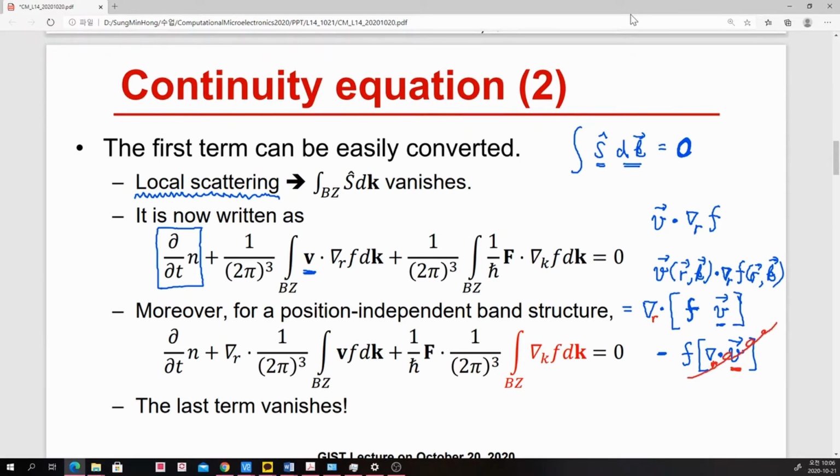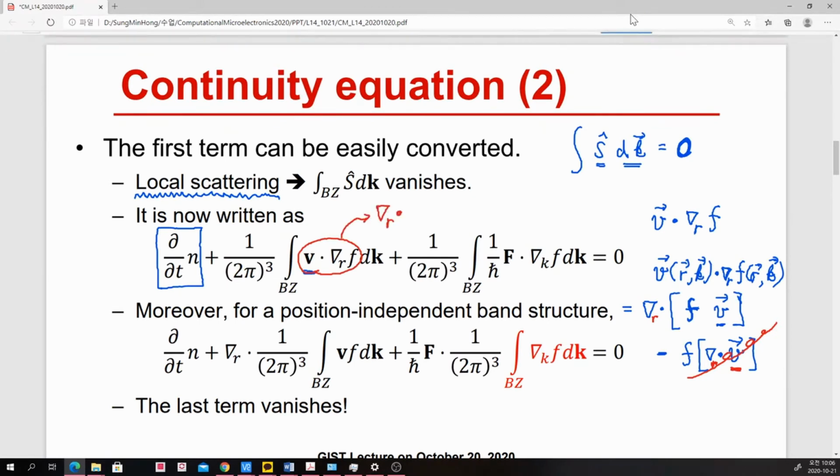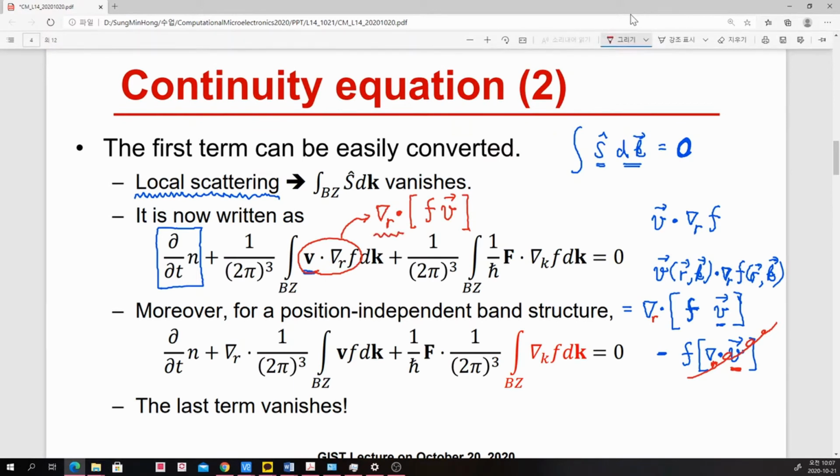So in this position independent band structure case, this integrand can be simply written as real space divergence of F times V vector. Then this real space divergence is not related with this momentum space integration, so it can be pulled out here,